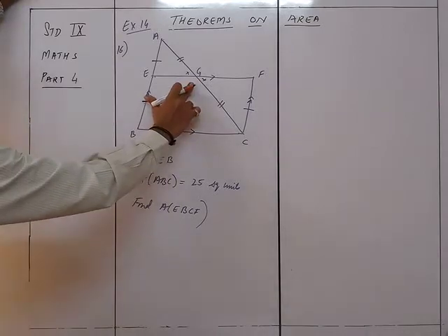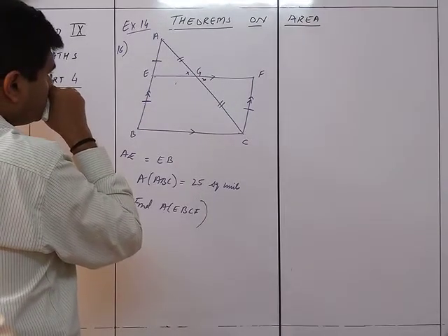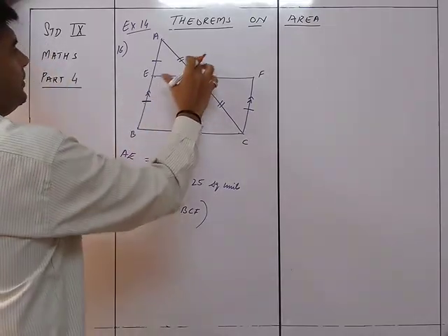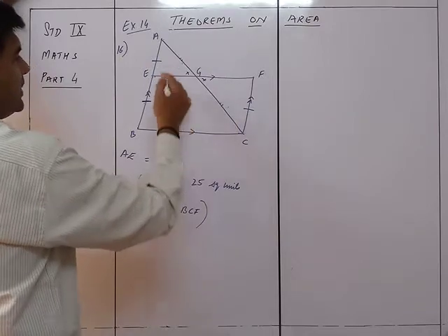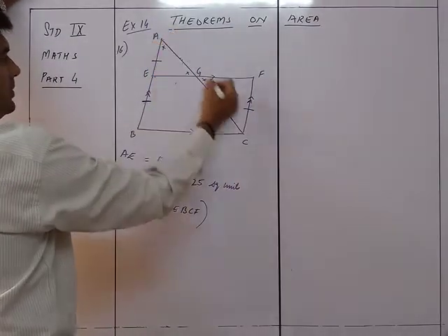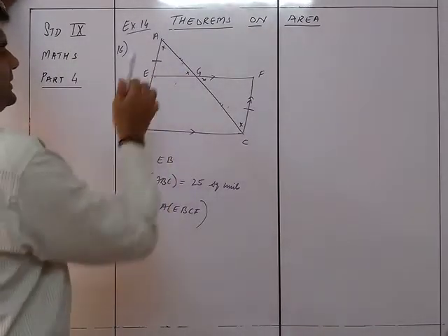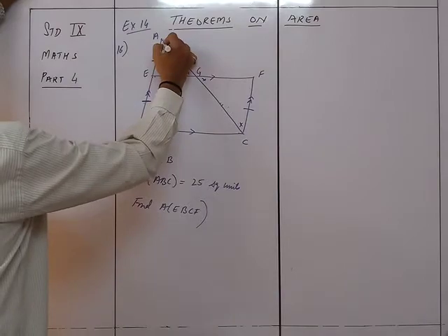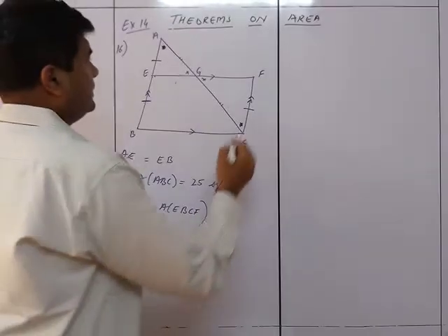G becoming the midpoint of this part will not work. Okay, we'll take parallel lines, because you know that this is parallel to this. So this angle will be equal to this angle. So it will be the AAS test. Okay, this will be equal to this one. Okay, let's write it down.